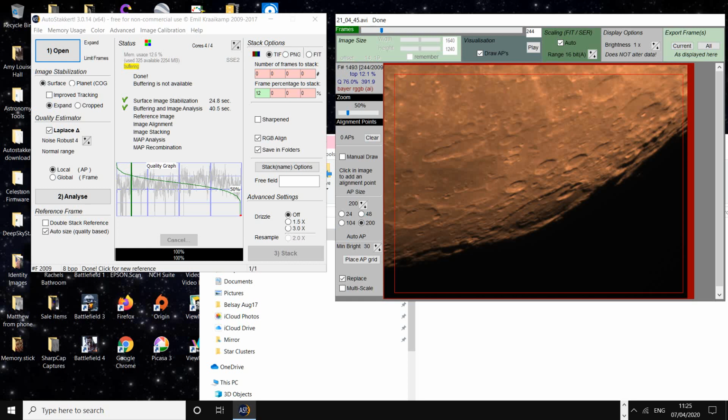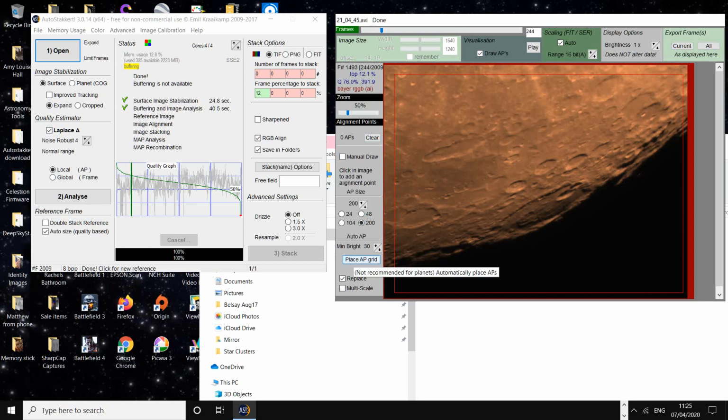So if I go and put an alignment point on this crater here, you can see that the box just nicely encloses it. Now if I clear it, I could go to 104, and that would just about cover off the size of the crater. And you can go through and manually add alignment points to significant craters within the image. The alternative is to clear those off, and I'll go back to 200, and just say